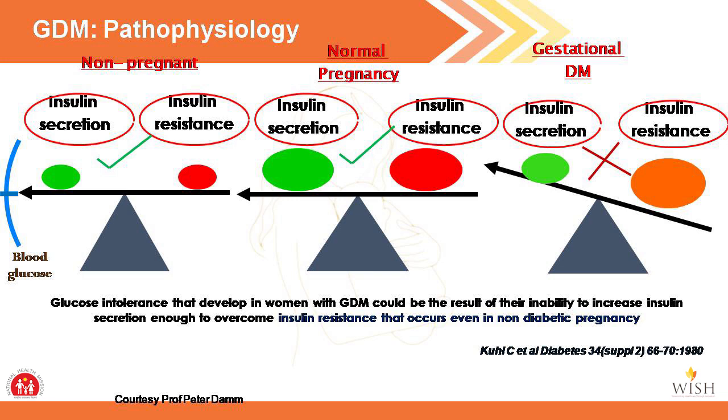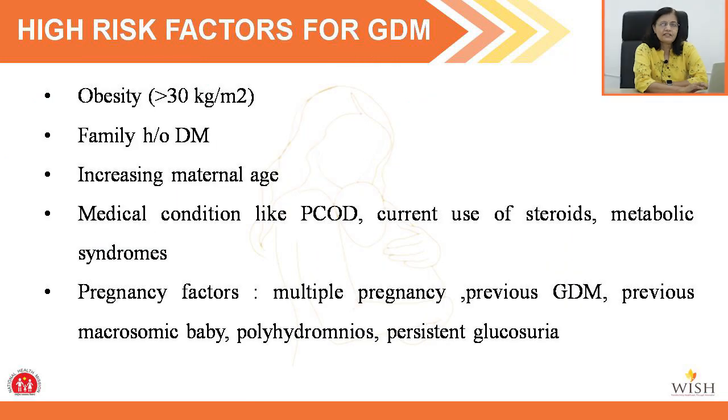To compensate this resistance, there is a compensatory increase in insulin secretion, and this is how the balance is maintained, and there is no hyperglycemia in a normal pregnancy. But in gestational diabetes mellitus, when the insulin resistance is increased, the compensation by insulin secretion